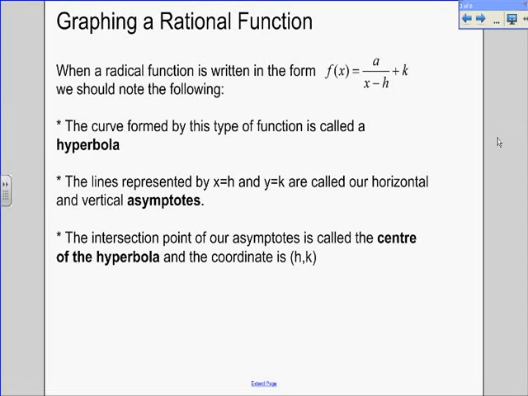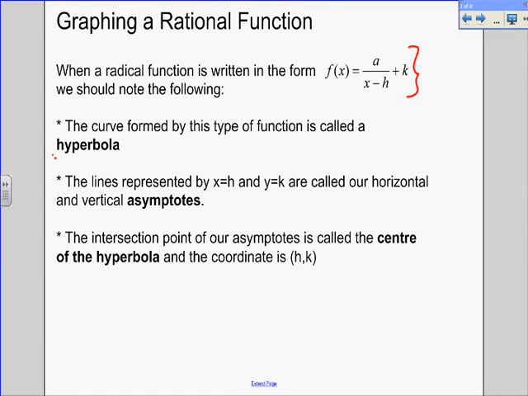So now that we know how to convert a rational function from one form to another, that means we can start to look at a graph of a rational function, because we know that we need to have it in this form in order for us to really understand quite a few things about this curve. So the first thing to know is that when we graph a rational function, it creates a special type of